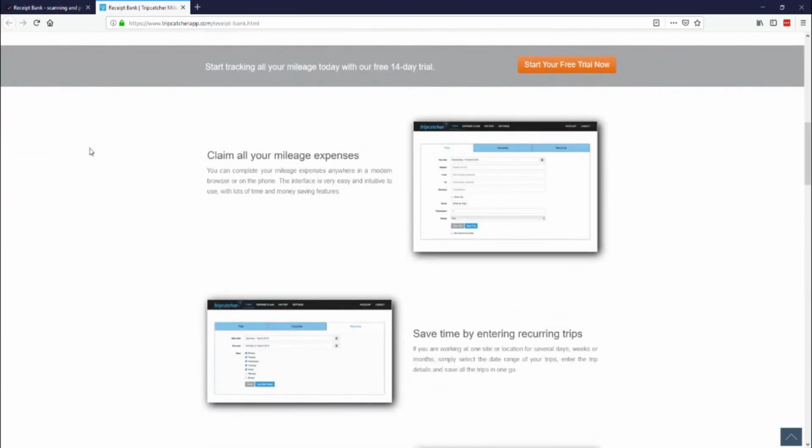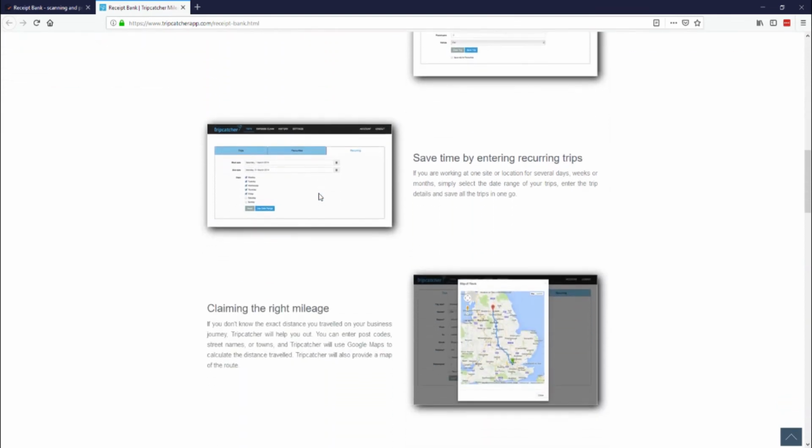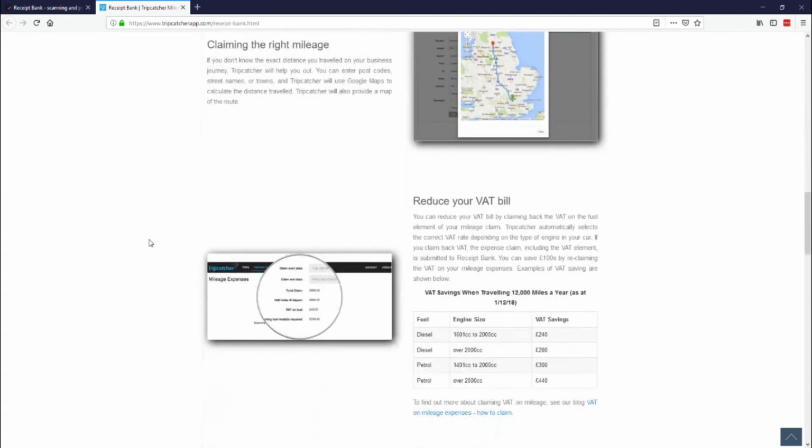But more importantly, the app itself, you claim your mileage expenses, you can enter recurring trips, you can track your mileage by GPS or using Google Maps,